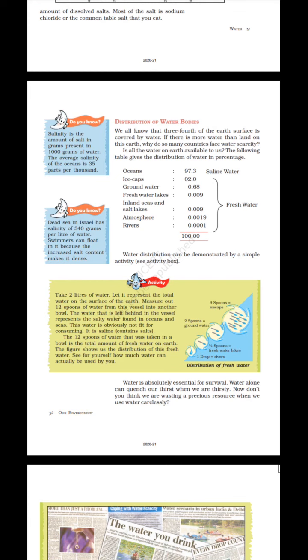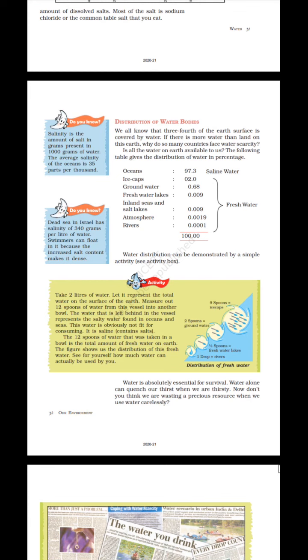Distribution of water bodies. We all know that 3/4 of the Earth's surface is covered by water. If there is more water than land on this Earth, why do so many countries face water scarcity? Is all the water on Earth available to us? The following table gives the distribution of water in percentage. Oceans 97.3, saline water, ice caps